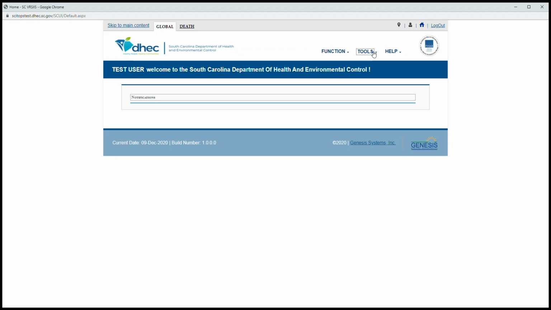The Tools menu item has the option to change the user's password, to update the user parameters, to access the printer setup, email directory, and to update your profile. The Change Password page is the same page that the user was originally directed to after they logged into the system with their temporary password.